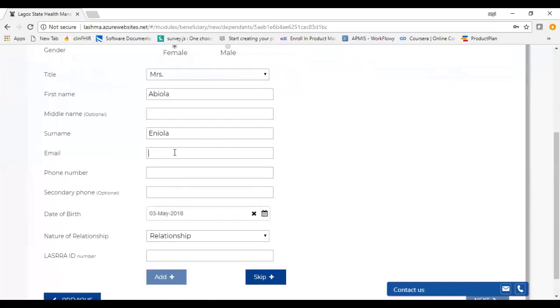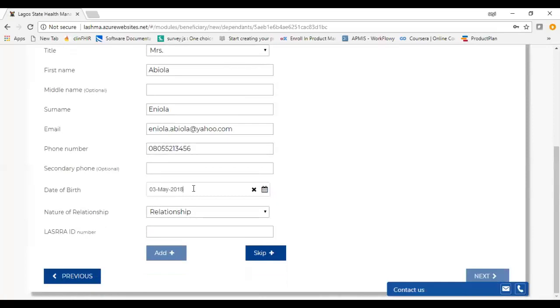And the email is the phone number. Then the second phone number available. If not, you can skip that. And then this is